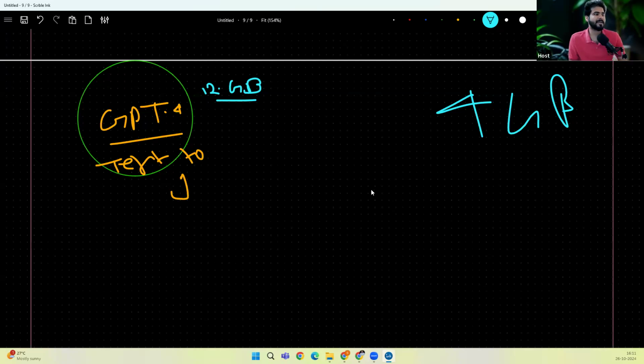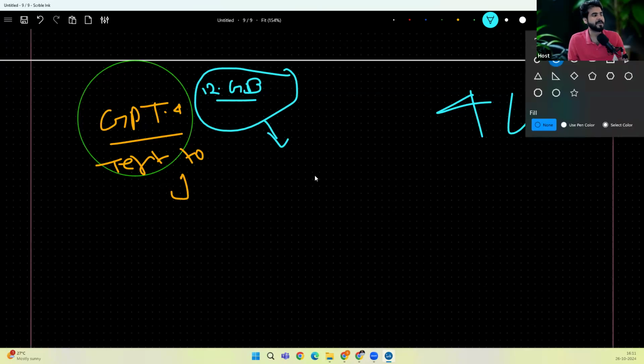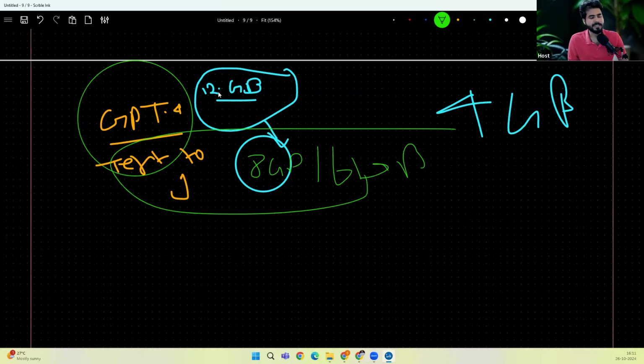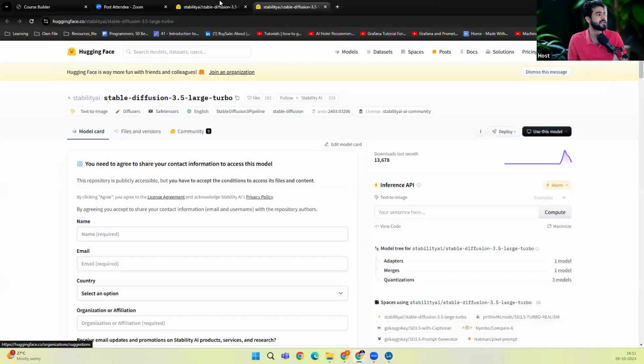Okay, so distill means that whatever the main model size is, some people have created a compressed version. Let's say this is the size that we have. Some other person has created a file like this one, the compressed version, where the file size is, let's say, 8 GB or 6 GB. So if you are facing issues with a larger size model like this one,